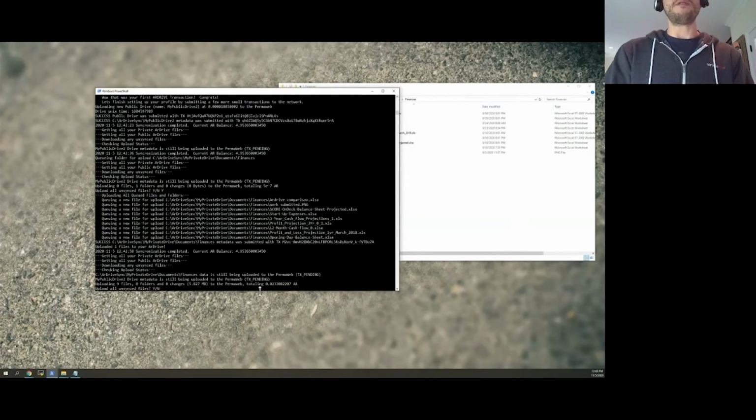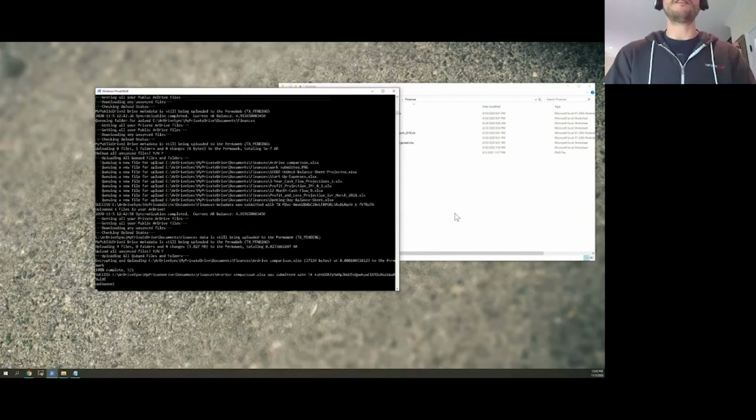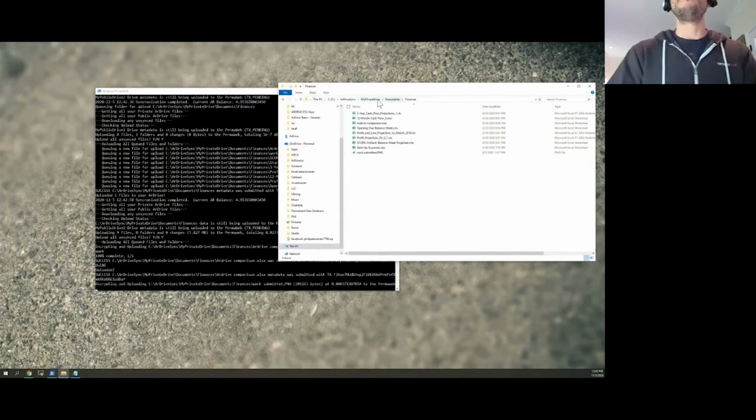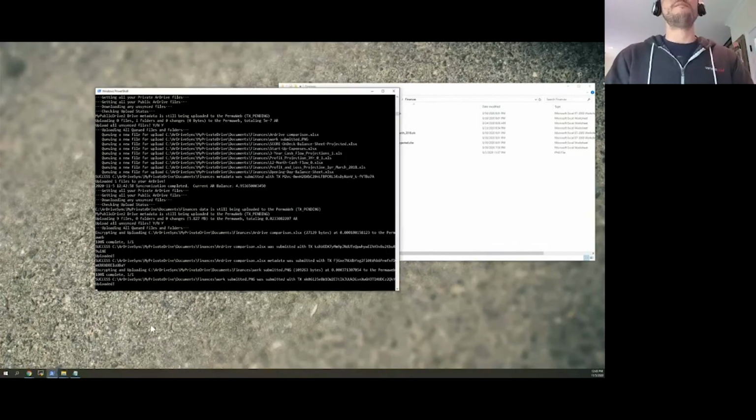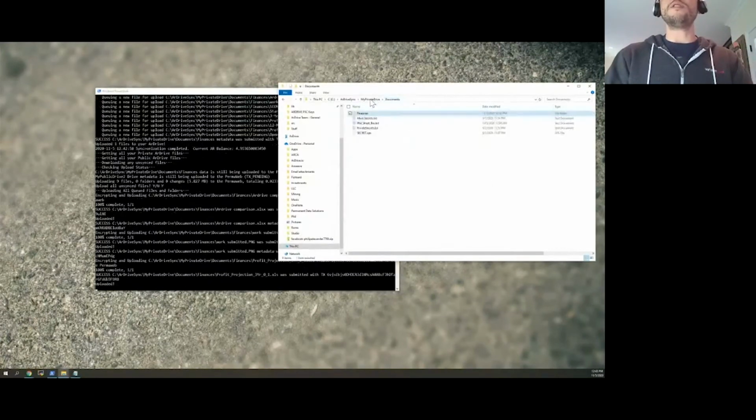Notice a couple other things. Since it already had submitted some transactions, it's continually checking to see if they've been mined. So for example, you see here, the metadata for the new public drive I created is still pending. It's prompting me again to upload 9 files. Let's hit yes. Okay. Again, it just goes through each one and uploads them.